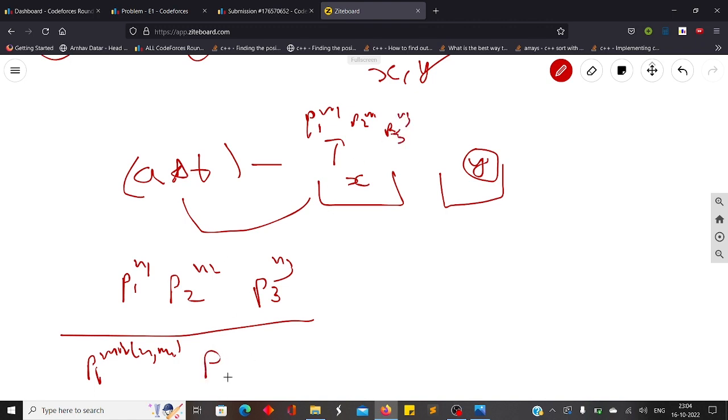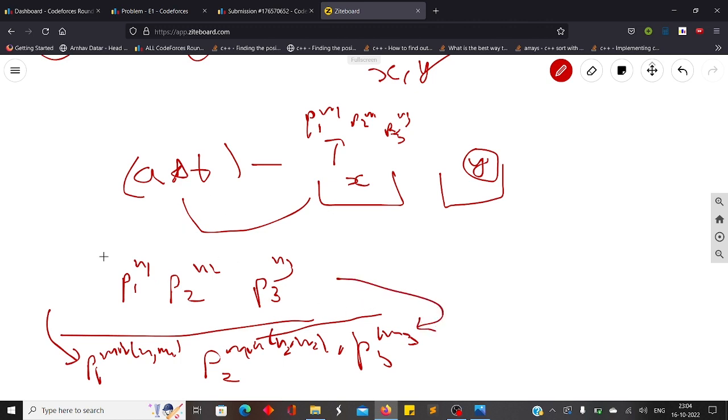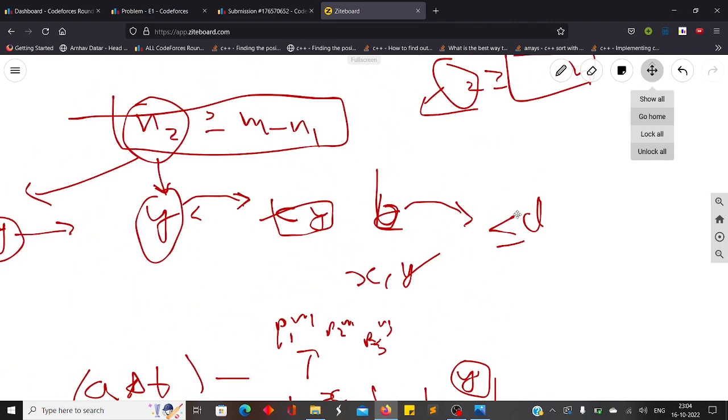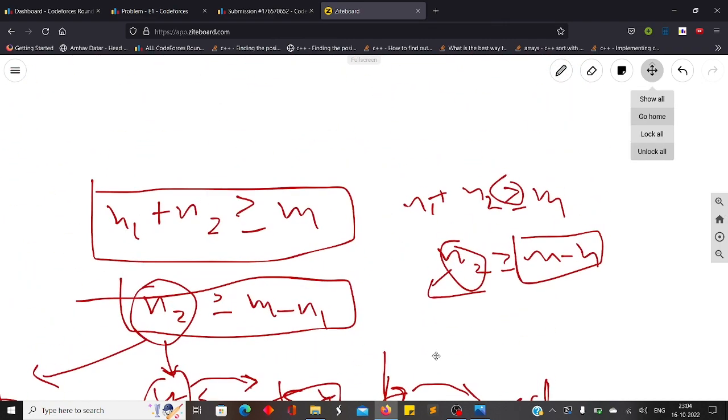So I get p2 to the power minimum of n2 comma m2, and p3 to the power minimum of n3 comma m3. So this is my given A into B, and this is the GCD of it. If I divide my corresponding A into B by the GCD of A into B and x, what I get is the minimum possible power that should be present in my y. So basically this is just the implementation of the equation that I showed you,